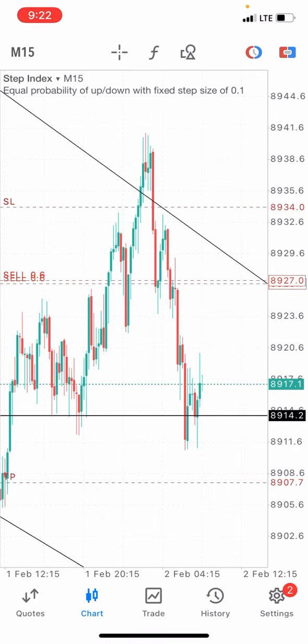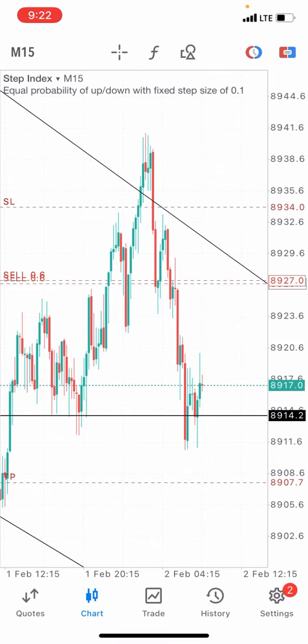So we have the uptrend, the downtrend, and the range markets, the sideways markets. Okay, so you want to take advantage of either the uptrend or the downtrend. You don't want to be trading the sideways market right now. On this technique that I want to show you, you don't want to be trading the sideways market. You want to take advantage of the upward trend or the downward trend.